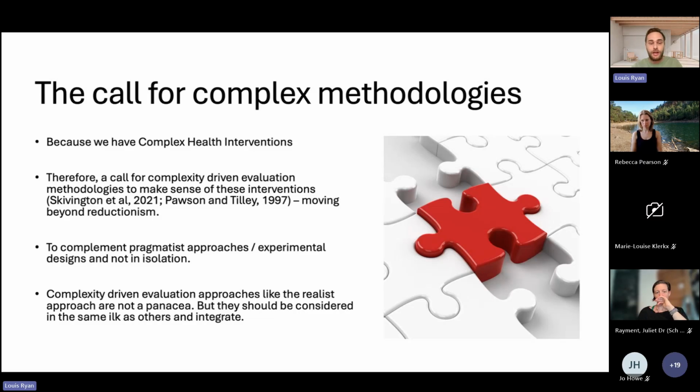We know that approaches like realist approach aren't necessarily a panacea. They're not going to fix everything. Just because we've got an appropriate methodology doesn't mean that we're going to get all the answers that we need.